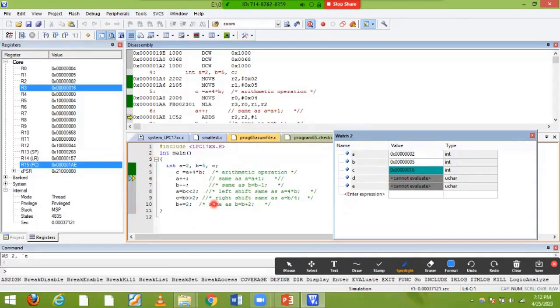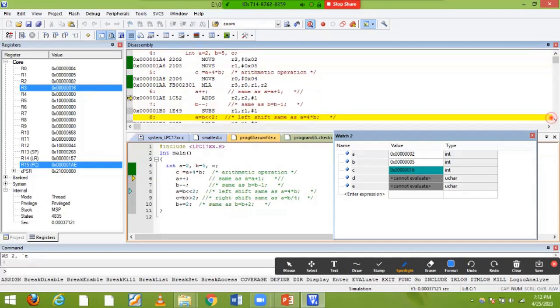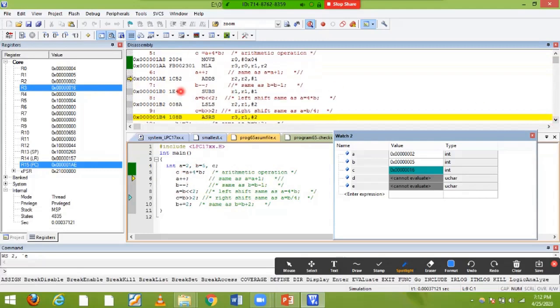Okay, now A plus means what? A plus 1. What is the A value presently? It is 2. Next, you can see the change in the A value, and I'll also tell you which register we are taking for A, it is R2. A plus is nothing but ADD R2 comma R2 comma 1. You can see in the assembly window how my instructions are executed. It's very important how to execute my assembly code for the C program. And ADDS R2 comma R2 comma 1, because A is equal to A plus 1, right? Okay, that's why. Next, B minus means it is a subtraction instruction.